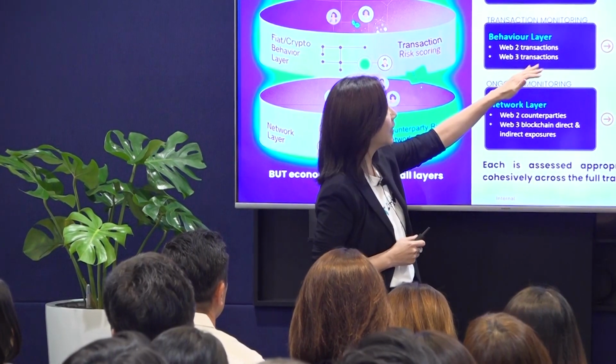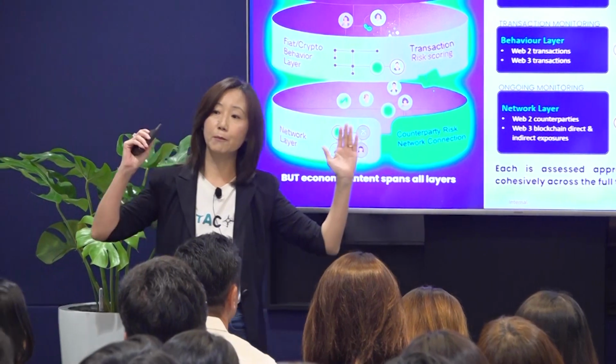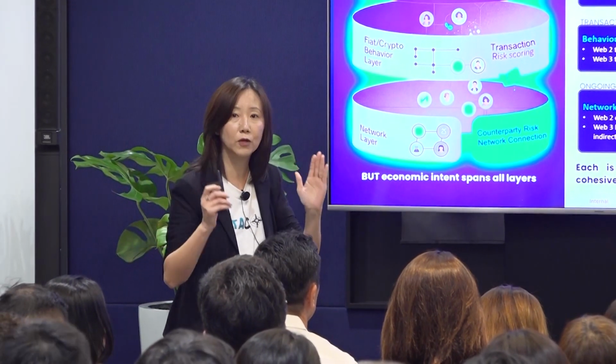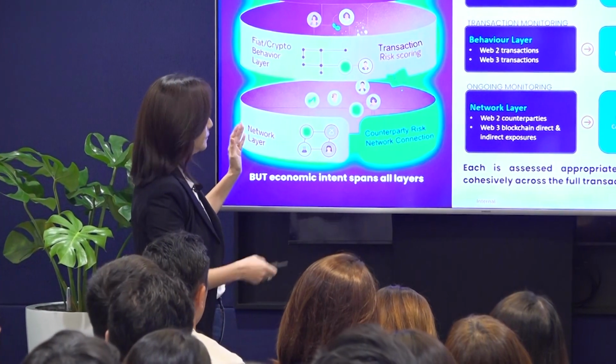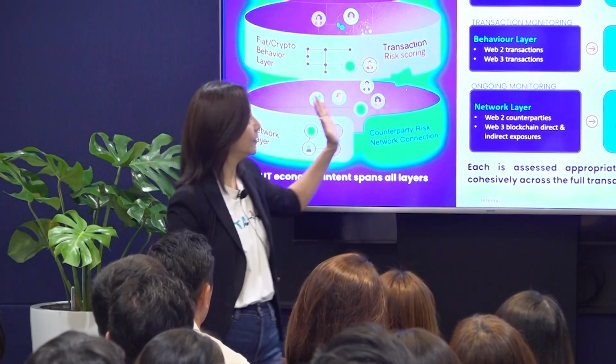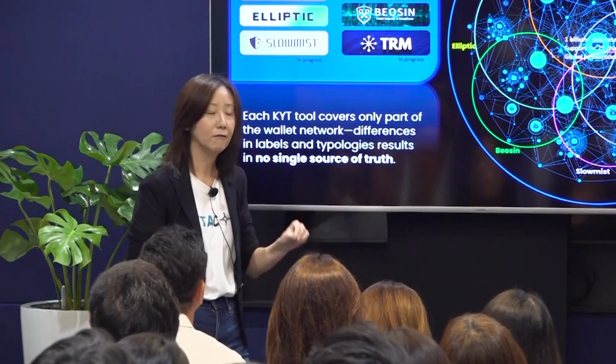The second layer, the behavior layer, is end-to-end transaction. So all the transaction monitoring rules will not just focus on the fiat side, but we will focus on the end-to-end transaction to include both the fiat side and also the crypto side, right? Then